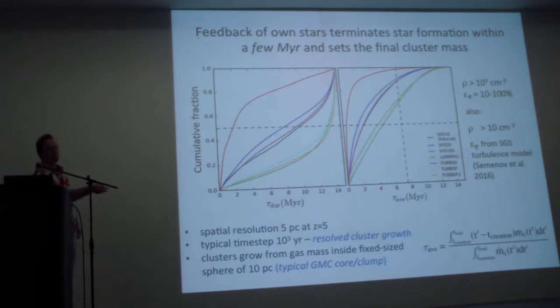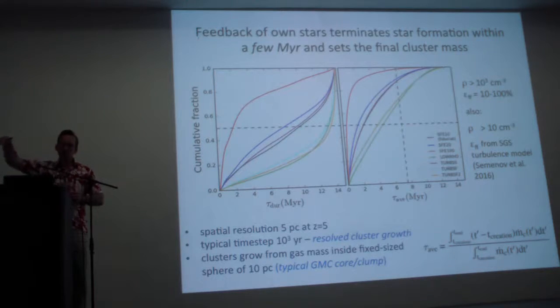These are the time scales over which star clusters form. And it's not for each cluster, it's too hard to output star formation histories for each individual particle, but this is a combined cumulative distribution for all star clusters at a given epoch in a given galaxy that we form. And here the 50% line shows that for these sets of models, half of the clusters will form within 8 to 10 million years. But that is not really the good measure. This is from when the very first star appears in the star cluster until the very last star appears. And the star formation rate declines.